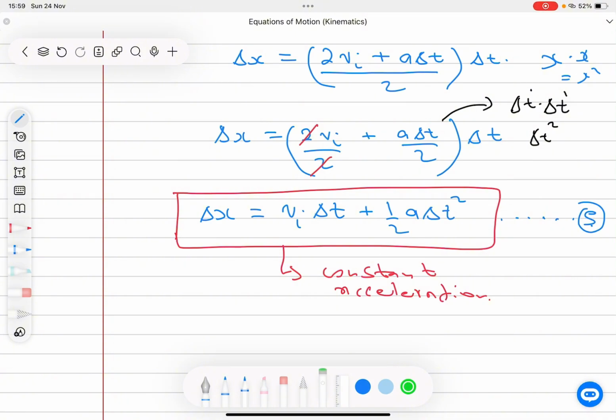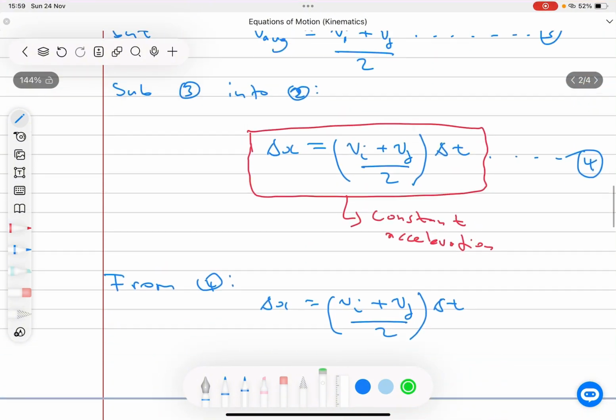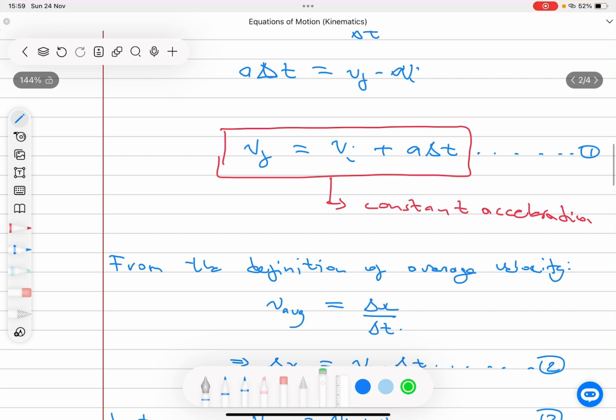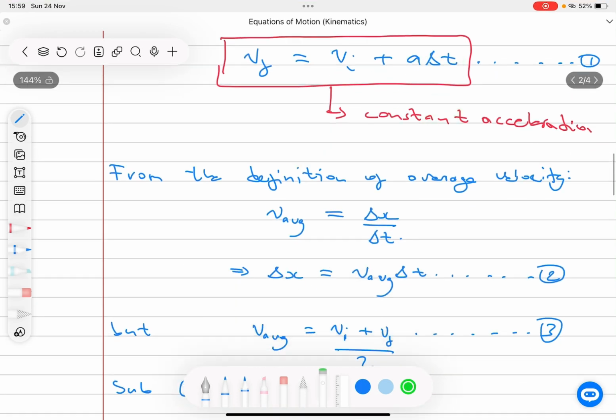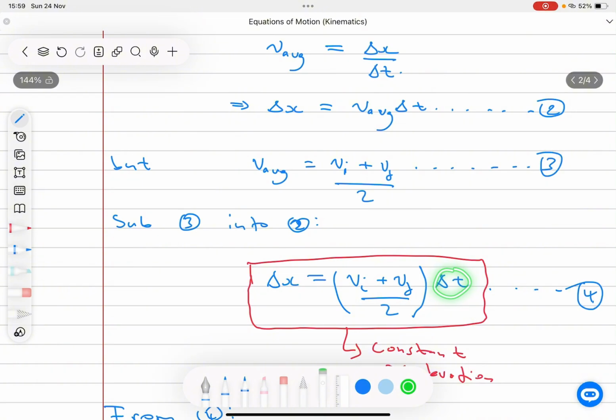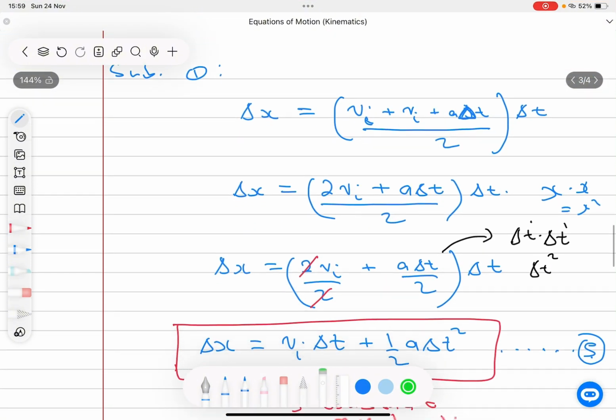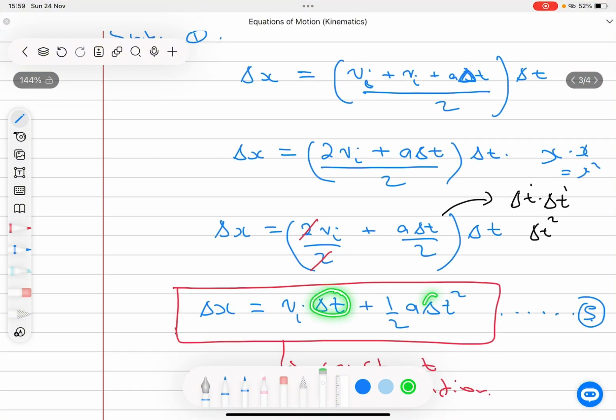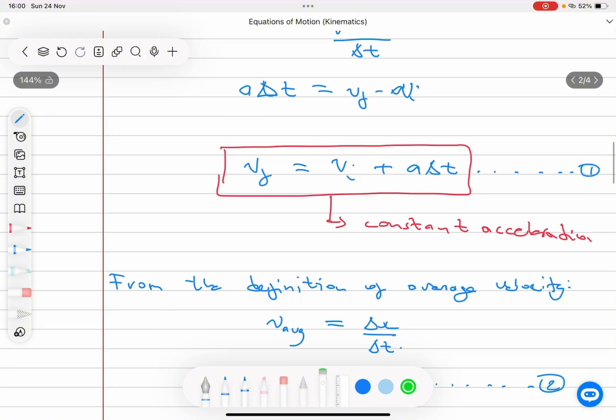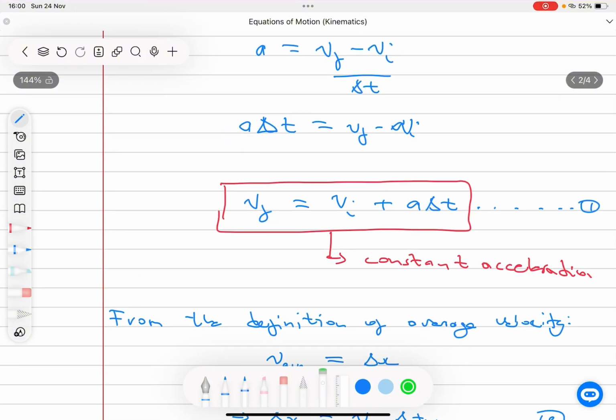Out of all the 3 equations that we've derived so far, they all have time as a variable in them. So if we go to the first equation of motion, you can see that there is time there as a variable. There is also time on the second equation of motion as a variable. We also see that the displacement is dependent on the time as well. Now, this calls for a need of deriving an equation that does not depend on time, that does not have time, right? In order for us to do this, we are going to take equation 1, the first equation of motion,